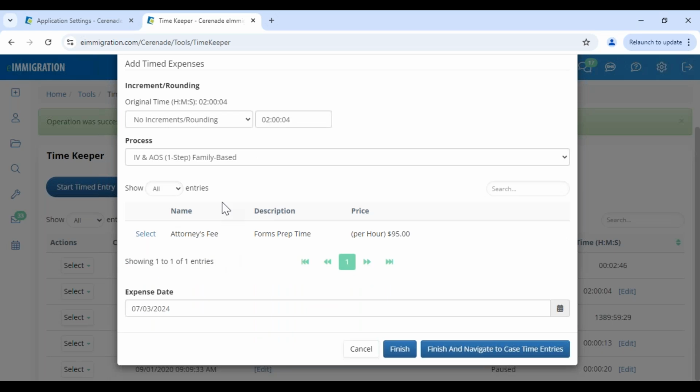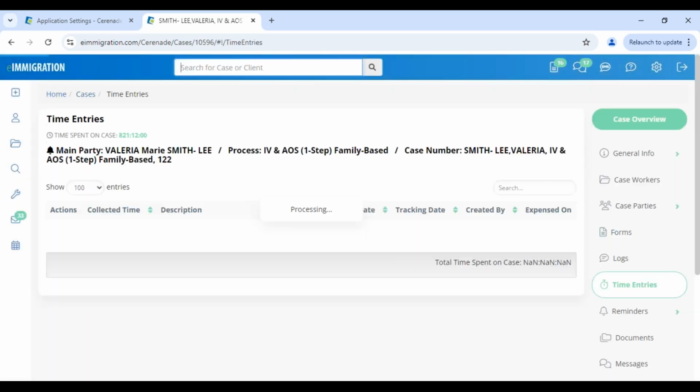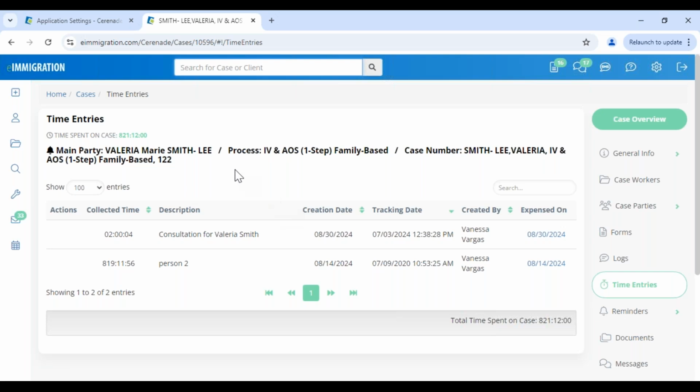And how much are we charging for this consultation, by the way? So it shows that we normally charge $95 per hour. So we click here, select, and then finish and navigate. Here we go. It turns out that for this same case, we already had another time track that we had